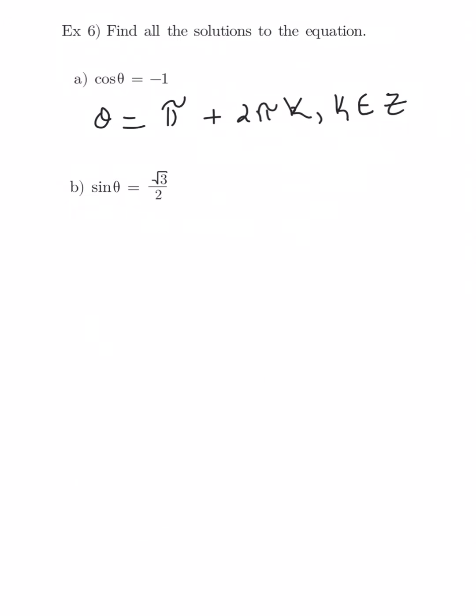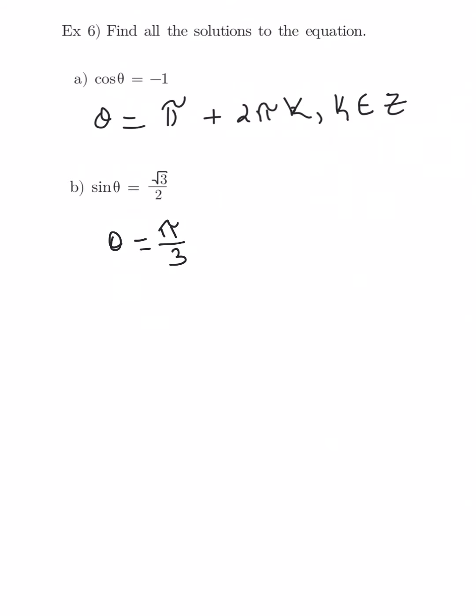On the second example, we've kept it very simple again, just to practice how you write the solutions. So on this one, we want to know what angle or angles will the sine value be the square root of 3 over 2. First of all, it's positive. Sine is positive in quadrant 1 and in quadrant 2. So in quadrant 1, the angle where you get a sine value or y value of square root of 3 over 2 is theta equals